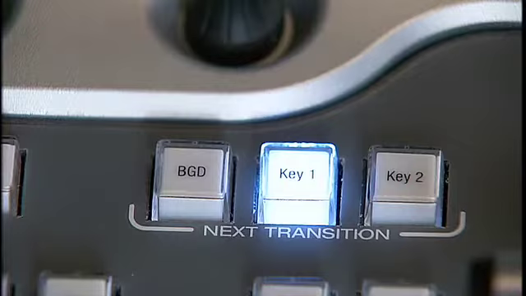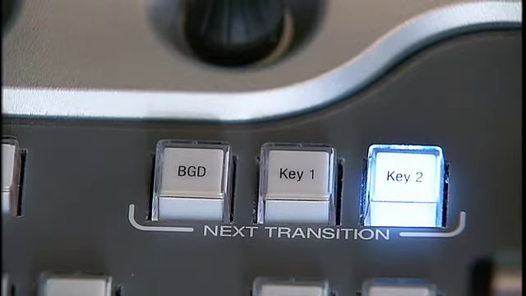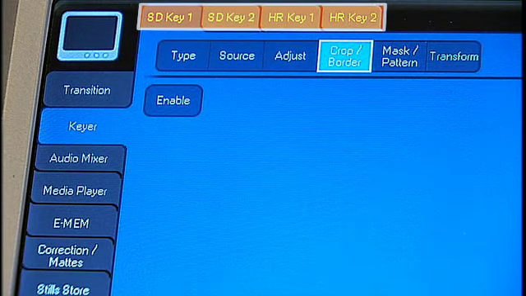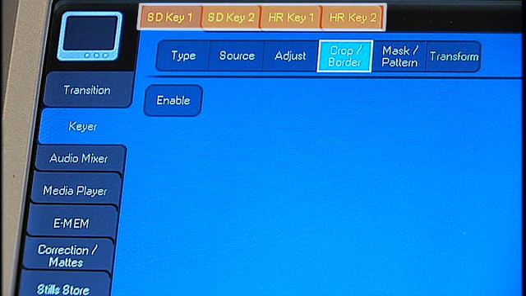Now let's take a look at these keys. You can see these keys on the preview monitor by selecting them with the next transition buttons. Then, when you make your next transition, they will move to the program output. In order to refine the keys, we've got to go into the sub-menus and set up the parameters. Let's start with the PowerPoint in key 1. I want the PowerPoint to appear as a small box or picture-in-picture over the presenter's right shoulder. So choose Keyer from the side tabs. You will notice that you have 4 tabs across the top of the Keyer section: SD key 1, SD key 2,